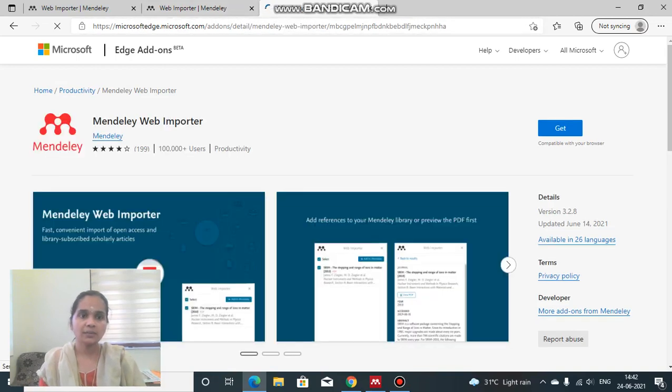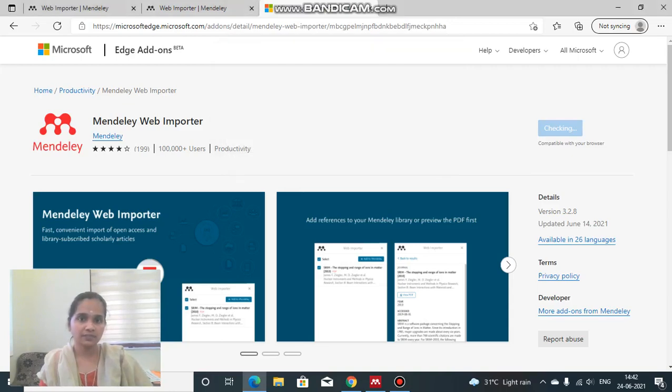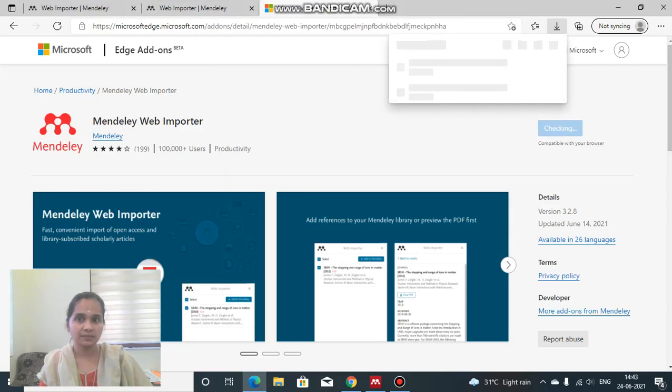So Mendeley Web Importer, you can see here, gets compatible with your browser. So you just click Get. It will be added as an extension. You need to give permission: add Mendeley Web Importer to Microsoft Edge. I have given permission and it will be automatically added to my browser as an extension here. You can see it here.